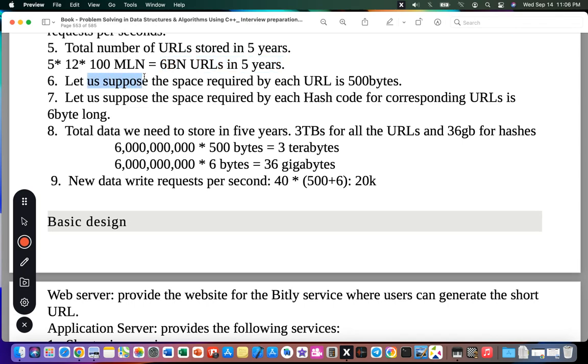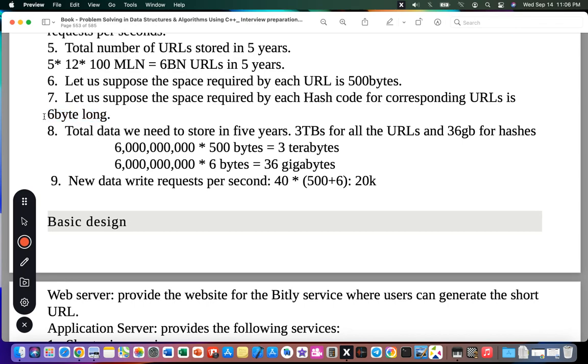Let us suppose the space required by each URL is 500 bytes. So we are trying to get the space complexity, the total storage, right? Let us suppose the space required by each hash code for the corresponding URL is 6 bytes long. This is a hash code, so we need a hash code, and we need text storage for each URL.